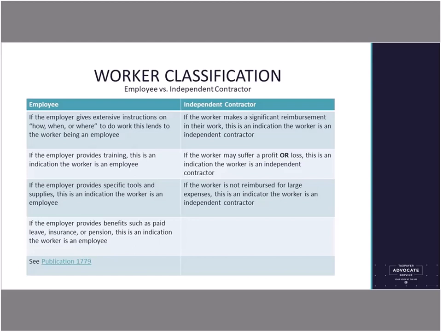That includes the extent to which the worker has unreimbursed business expenses, the extent of the worker's investment in the facilities or tools used in performing services, the extent to which the worker makes his or her services available to the public or the relevant marketplace, how the business pays the worker, and the extent to which the worker can realize a profit or incur a loss. The relationship of the parties covers the facts that show the type of relationship that both parties had.